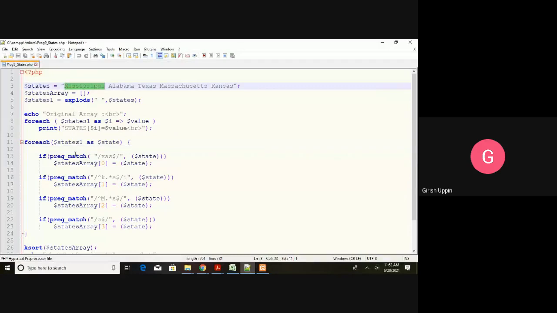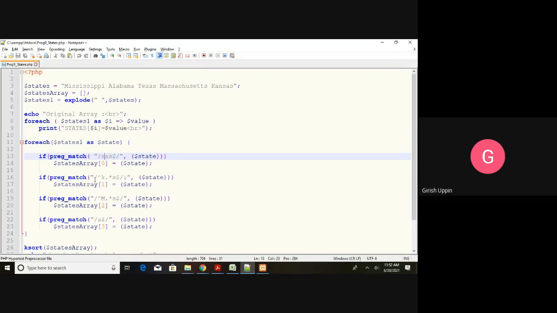I have Mississippi. Then it will come here to preg_match, which will match the regular expression. What is the regular expression? Inside the double quotes we have an escape sequence used. So what does XAS dollar mean? The pattern which ends with XAS. If the pattern ends with XAS, it will give a true result; otherwise, it will give a false result. So does Mississippi end with XAS? No. So it won't come here.